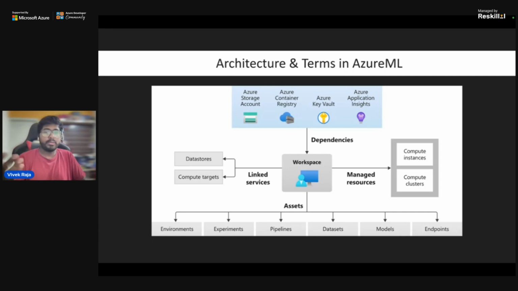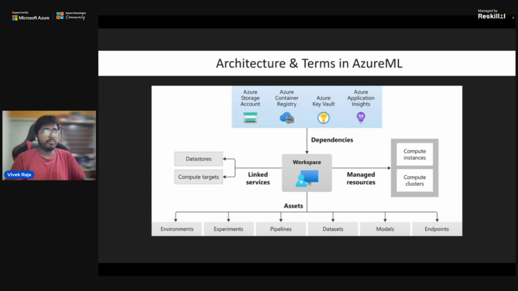Container registries are a managed service which helps you save images. I mean Docker images that you could take and store, which helps you with maintaining environments, or just pick the image, put it in a cluster and run it over there. Key Vault, of course, is for security and keys that you could generate, and Application Insights is where you try to see the logs and other stuff.